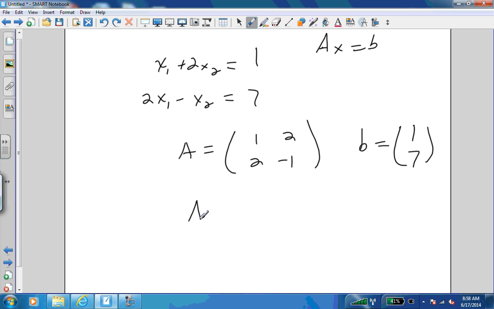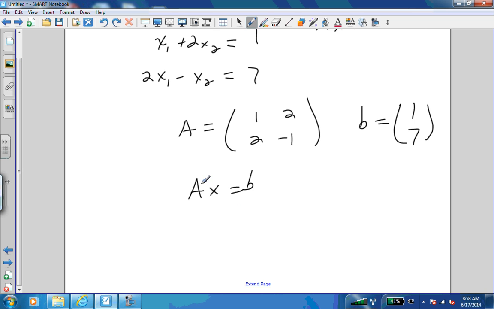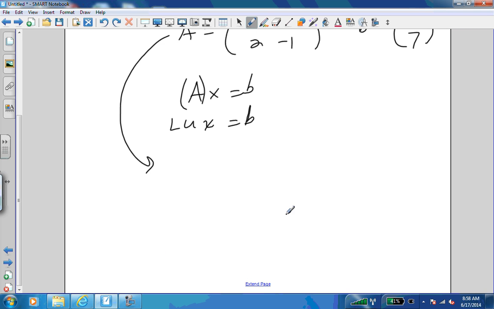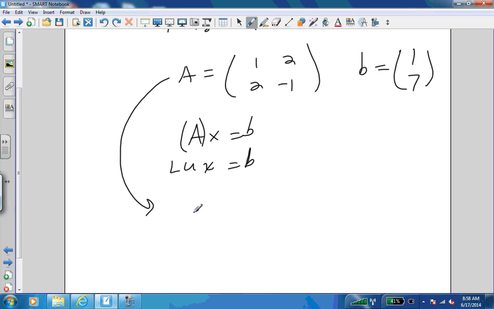Take A and write it as a product of lower and upper matrices. And then let's do that. And then we'll come back and see what we're going to do after that. So let's take an aside and let's take A and find its LU factorization. So if we've got 1, 2, 2, negative 1,